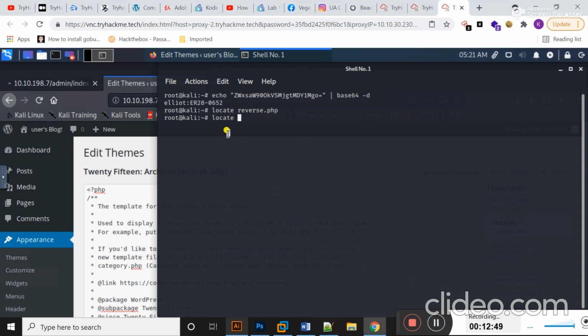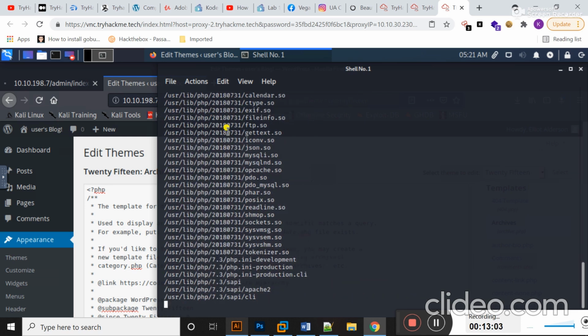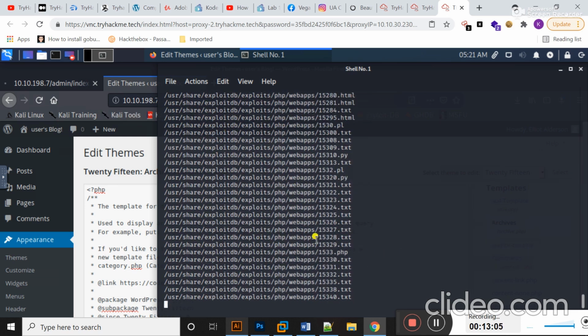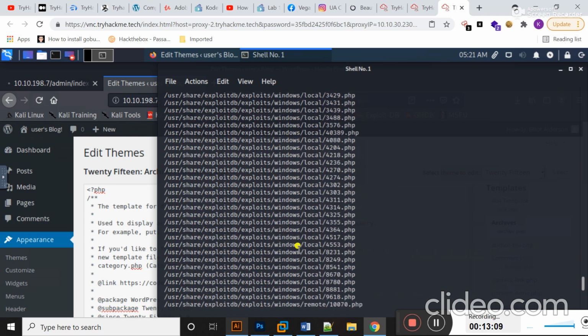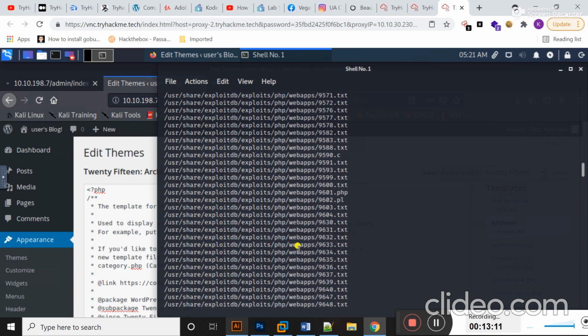Okay, locate PHP reverse shell.php and hit enter. Here you can see a lot of stuff is present related to the PHP reverse shell.